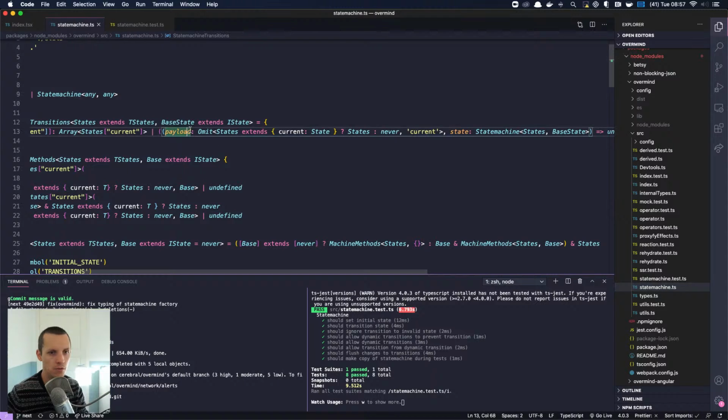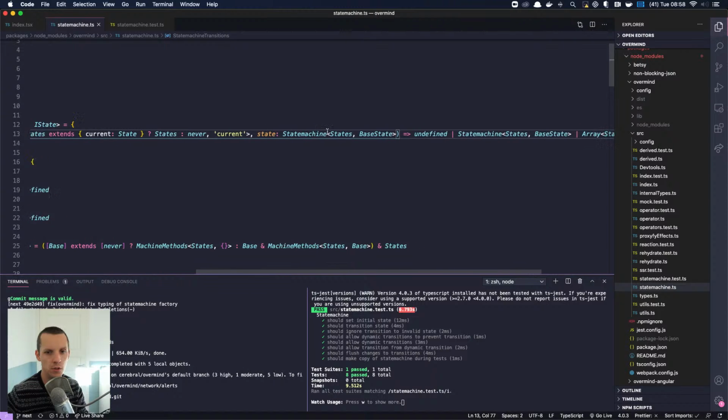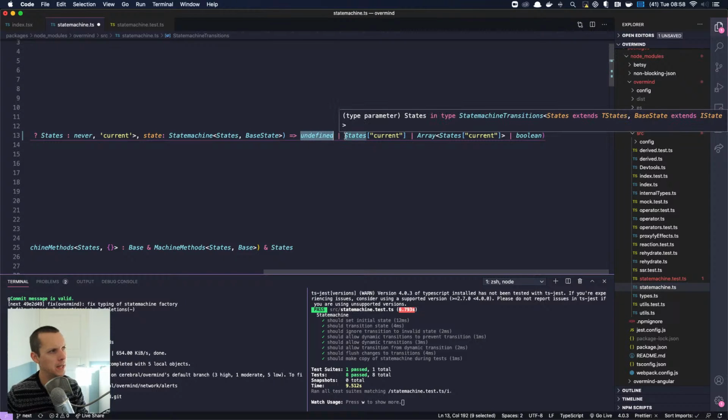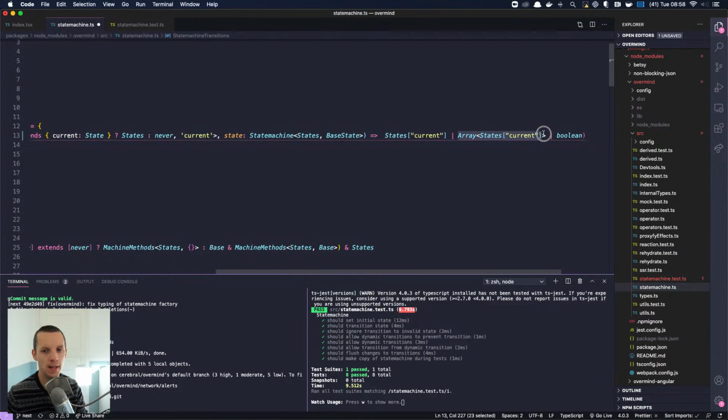Here it is. So we have the payload and we have our state machine, and here we say it can return a state machine, but we don't want that. We actually want states current. So you can either return undefined, which means, what does that mean? Well, now we don't need, no, it should not be undefined either. So either we return the specific state we want to move back to, or we return an array of states, which means that it stays in that state and rather describes, okay, from this point, what other states can you move into,